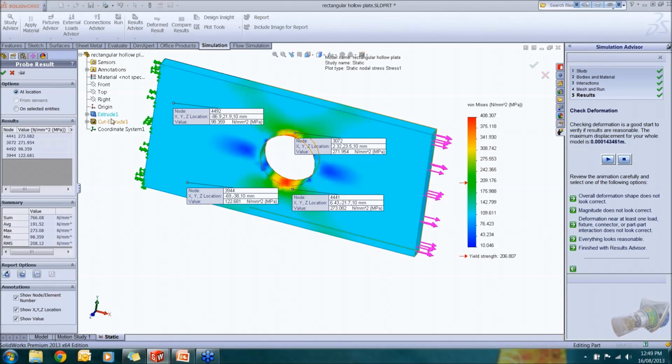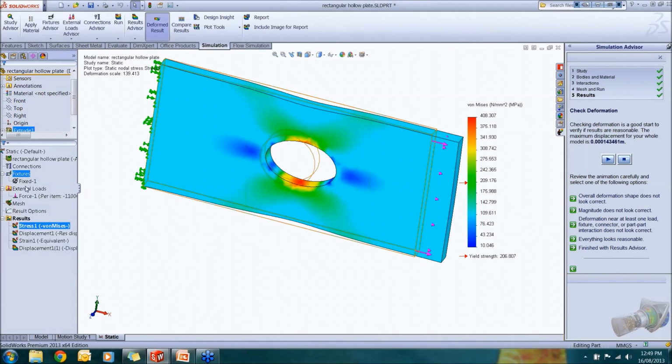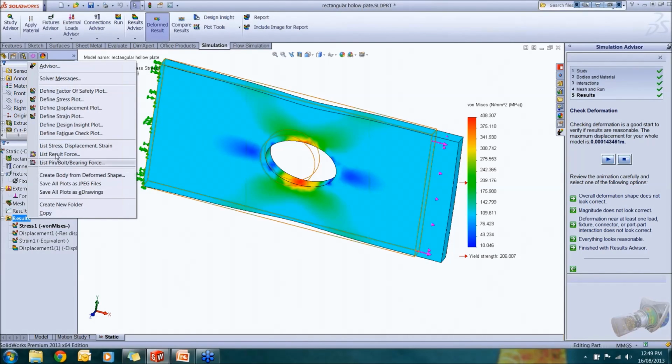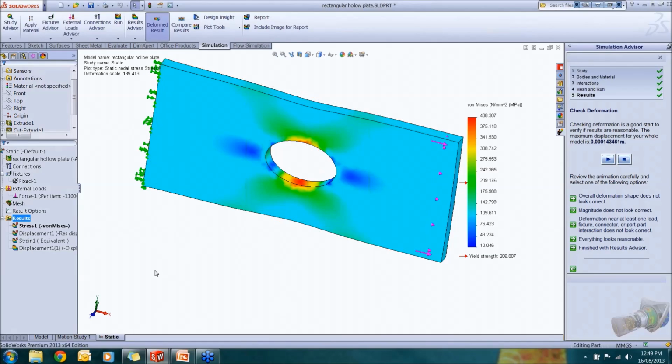All these options, as we said, could be done for displacement as well. So we can define a displacement plot as well. We can define a strain plot as well. Now, there are two other options which are not included in our training session. Then the next stage for us is to find out about